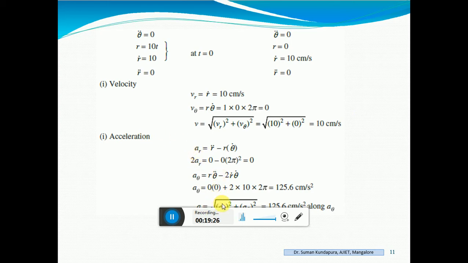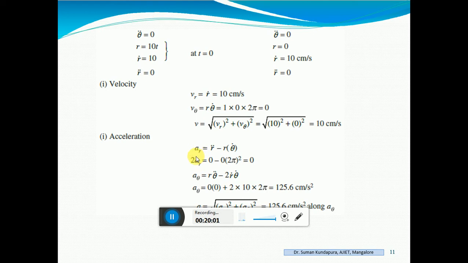That is A is equal to AR square plus A theta square, is equal to how much you are supposed to find out. Acceleration, that is along the radial component, we have this formula. Find out what is R double dot. Okay, R at t is equal to 0 is 0 and theta dot, you find out that t is equal to 0. Substitute the value of theta dot here, 2 pi, which is equal to 0.